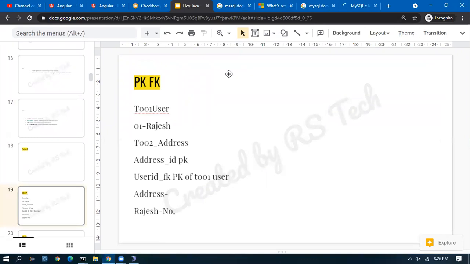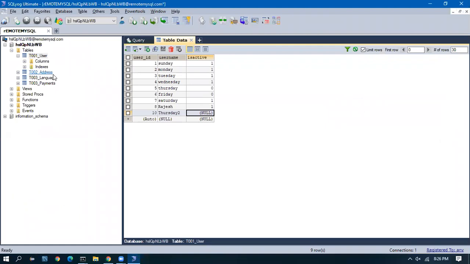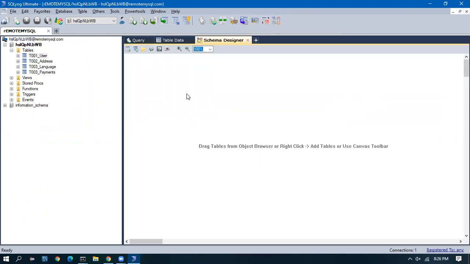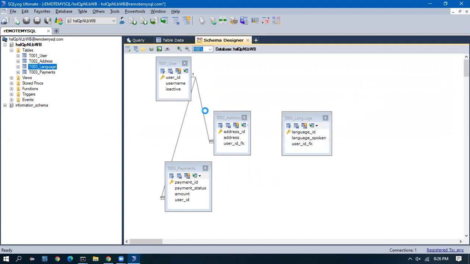So then we saw how to do a select query of one table and how to do a select query of two table joins. We saw a schema designer where we can drag and drop the tables and it shows all the relationships among the tables.